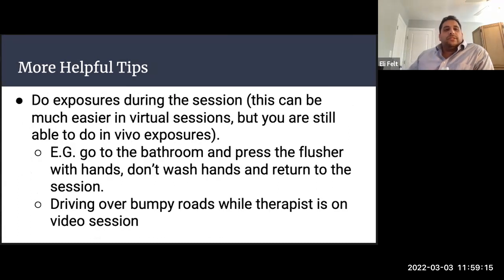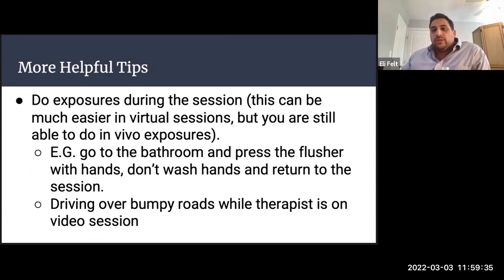A couple more helpful tips. So doing exposures during the session, which I alluded to before, is I think the most impactful exposure therapy that we can do, because you're able to help the patient there in the moment. And that can be much more helpful than prescribing the homework. The homework is still very good and important, and you want to stretch what you do in therapy to the rest of the